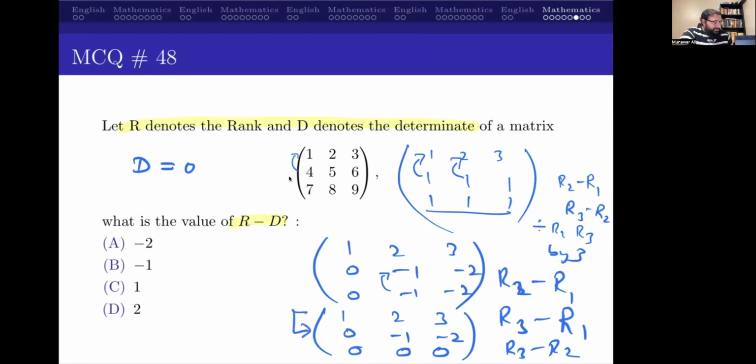And you can see there are two non-zero rows, there are two pivots. So you have to see how many pivots there are. That's going to be the rank. So the rank is 2. So rank minus determinant is 2 minus 0, which is equal to 2. So the correct option is D. So this was MCQ